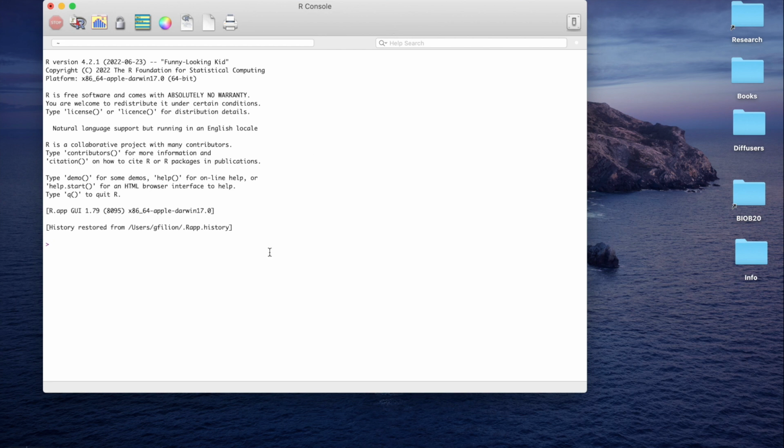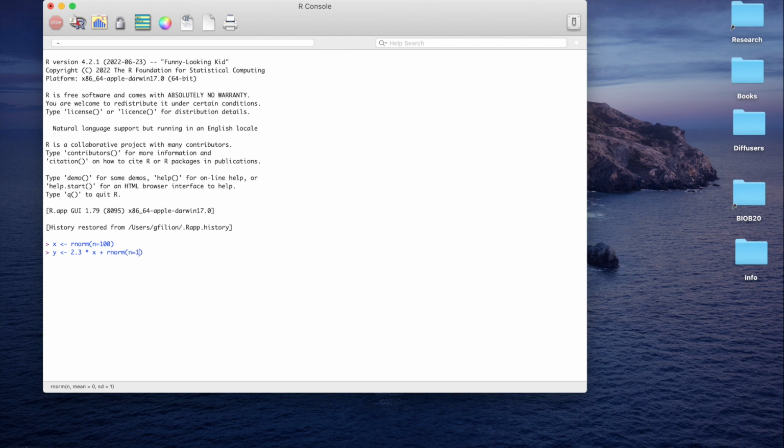We start by creating a sample x to have something to work with. Let's say a random Gaussian sample with n equals 100. Then we create a variable y which has a linear relationship with x. So y is b times x, and here we're going to say that b is 2.3. And on top of this linear relationship, we're going to add some random noise, which is going to be Gaussian